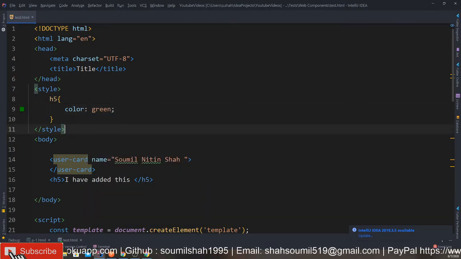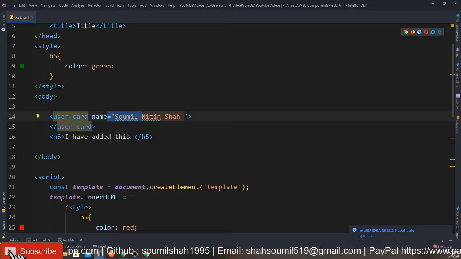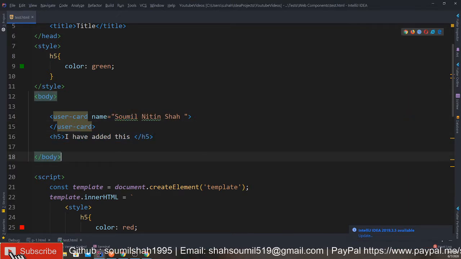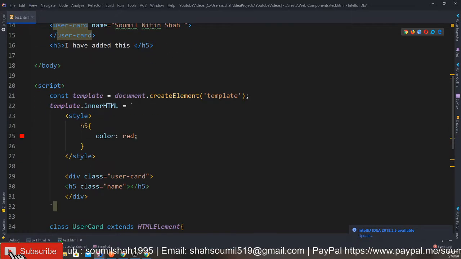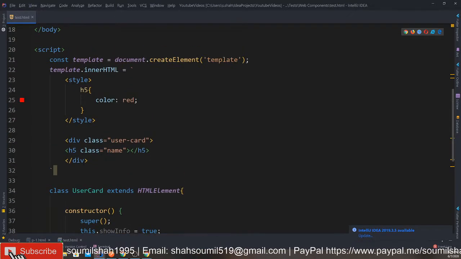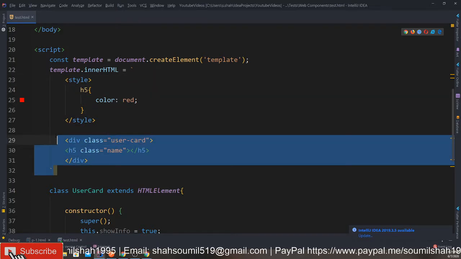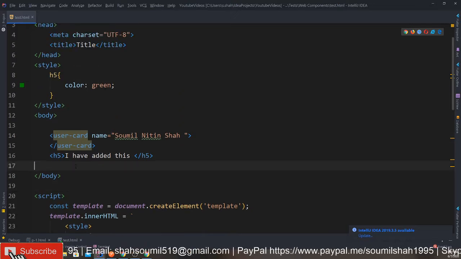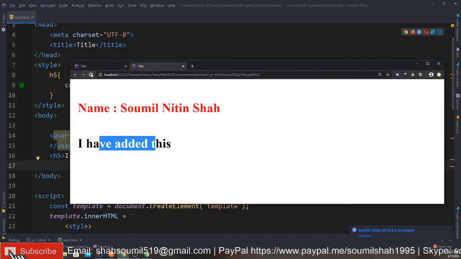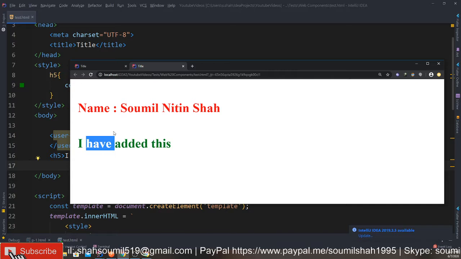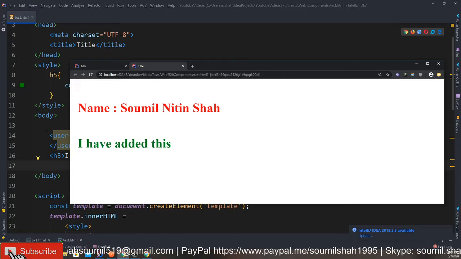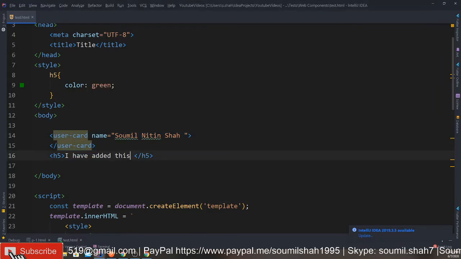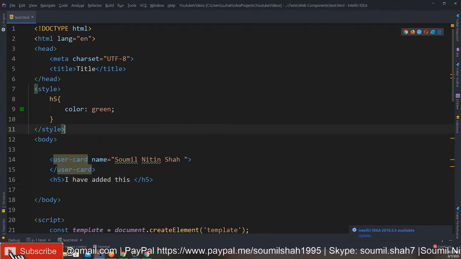Okay, question guys, now this name is in an h5, right? Will that be green or not? Or this would be green? So what I'm saying is when you give CSS, due to the shadow, this CSS is unique to your custom web component only. It won't affect any other CSS. If you write it inside this, let me show you, hold on. So refresh that. So you see both are h5, but the green was affected only on the main one here and not this element here. So you see it's still red. Okay, so I hope you have understood the basics here, right?